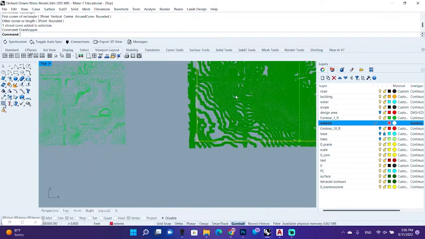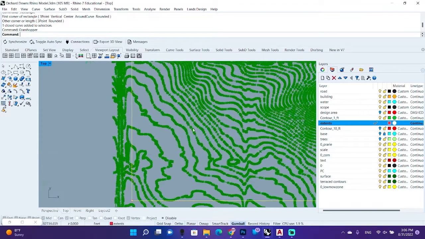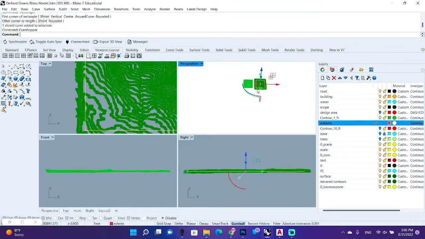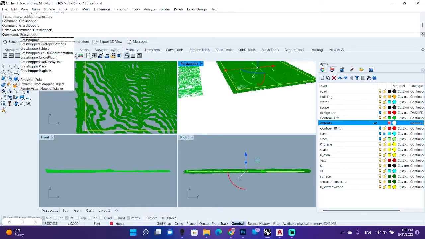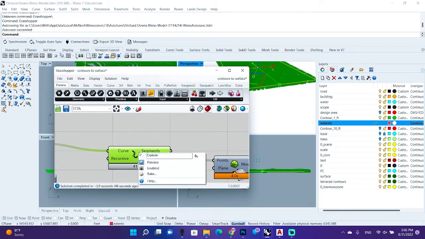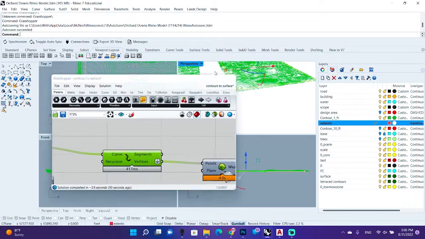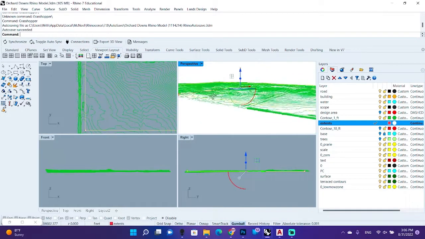But the border is supposed to take in all the points in there. But if you notice, here, let me turn that off actually. Alright, so you'll notice that this